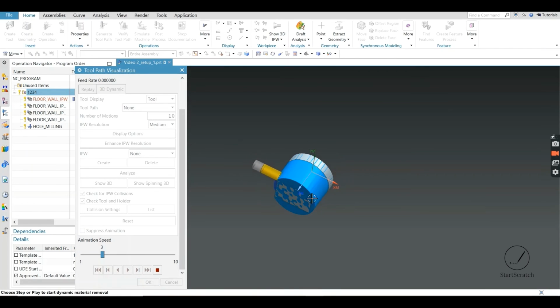See, this is how the tool would cut our blank. Second face is now being cut by the tool. Now the third face.